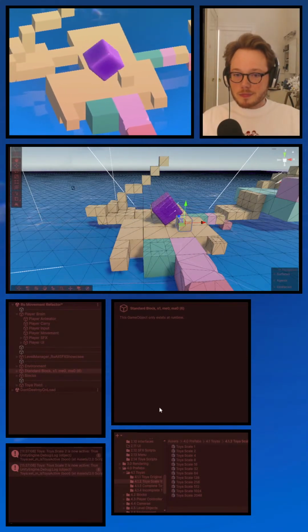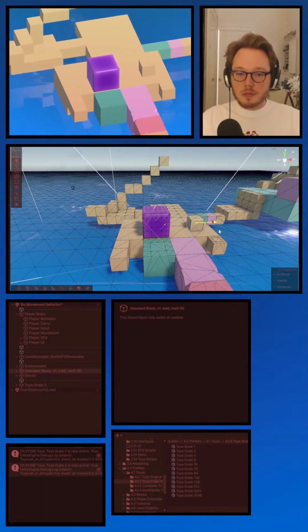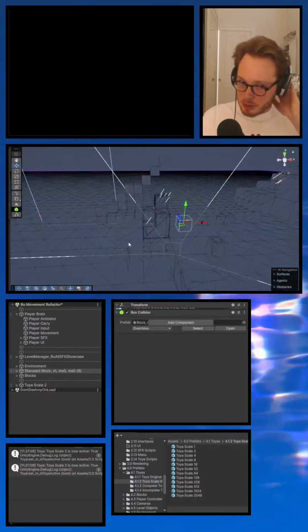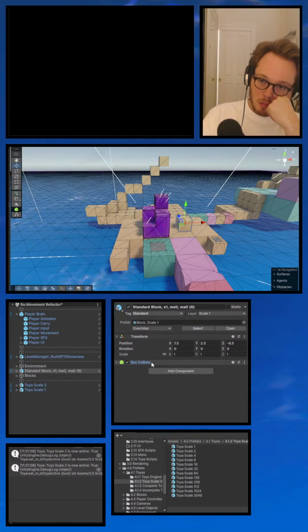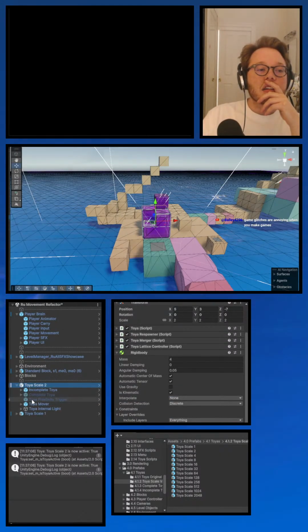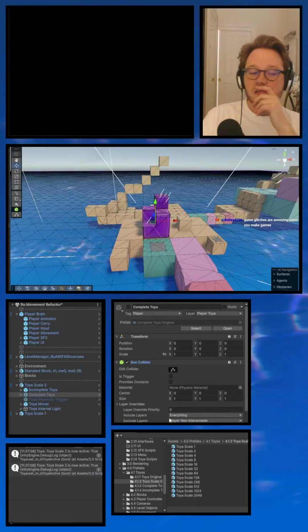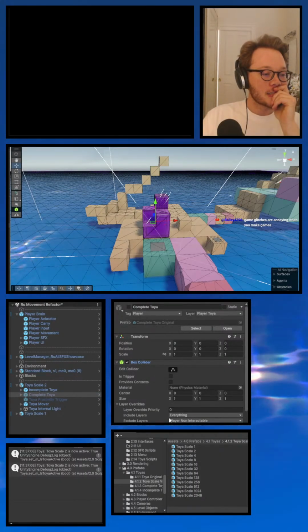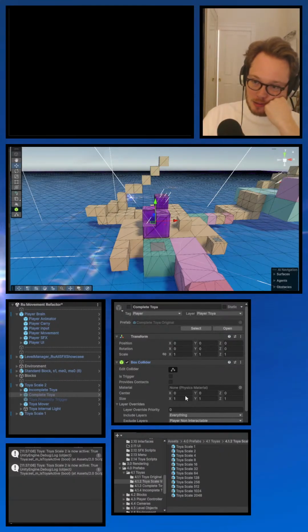No. I really don't want to duplicate it, to have a trigger. Game glitches are annoying when you make games. Yes, they are.